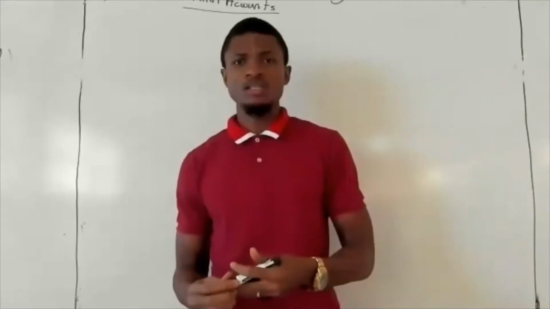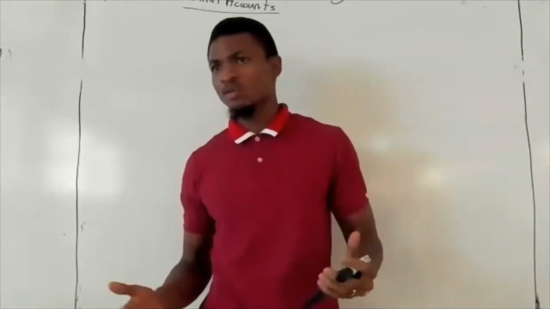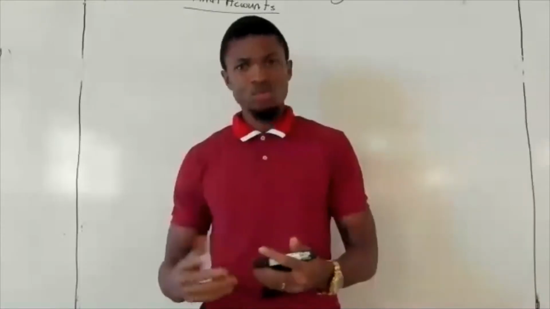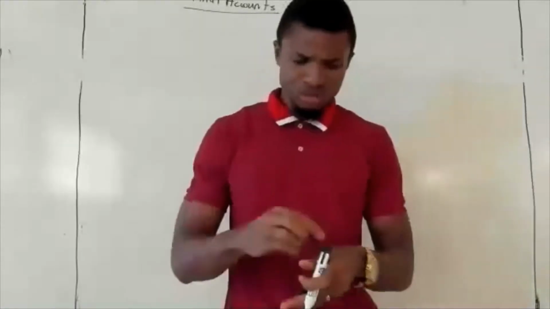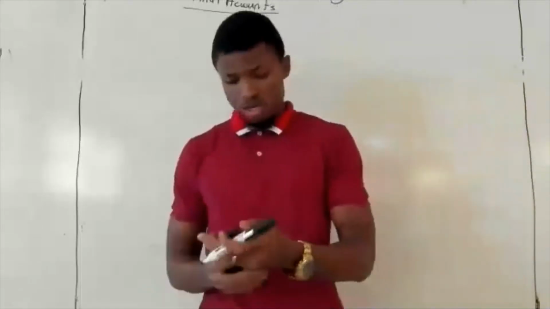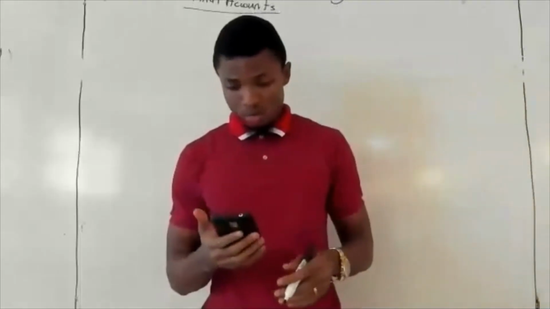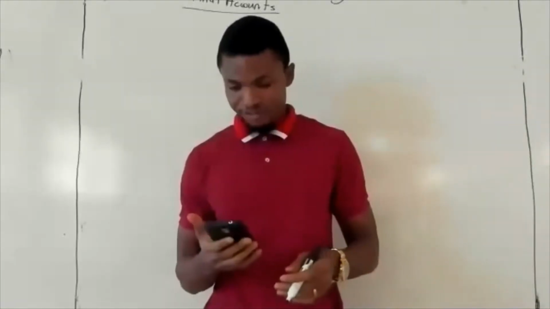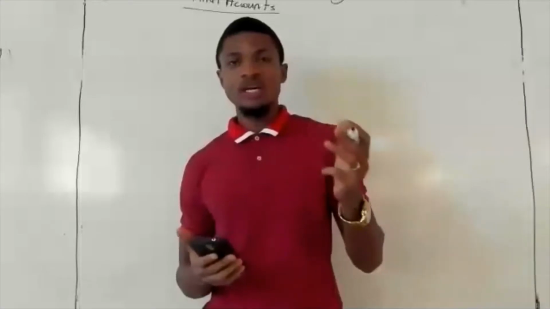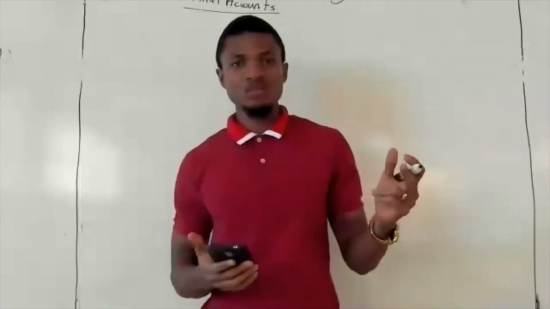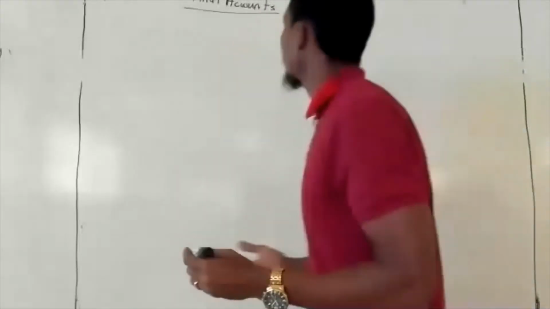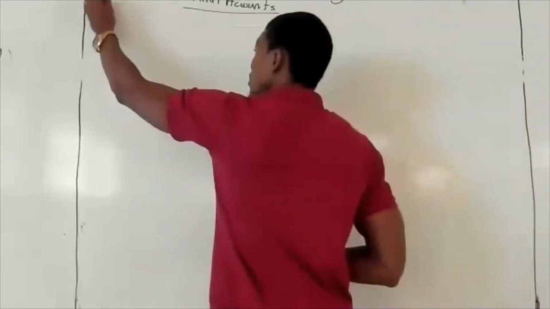If you guys were online this morning, I sent a question that I told you to take a look at. As a matter of fact, I'd like you to give it a try. I know some of you tried the question, but it's time for us to make the necessary corrections. Taking a look at the question, we are required to prepare the final accounts of an entrepreneur. Final accounts comprise the trading, the profit and loss account, and what? And the balance sheet. So the first thing we take into cognizance is our trading,